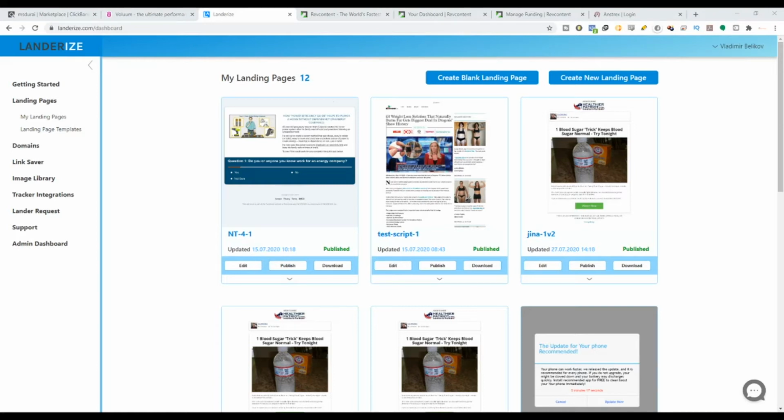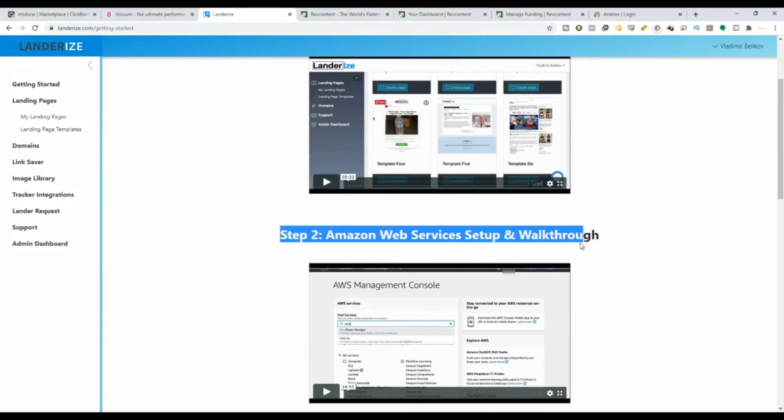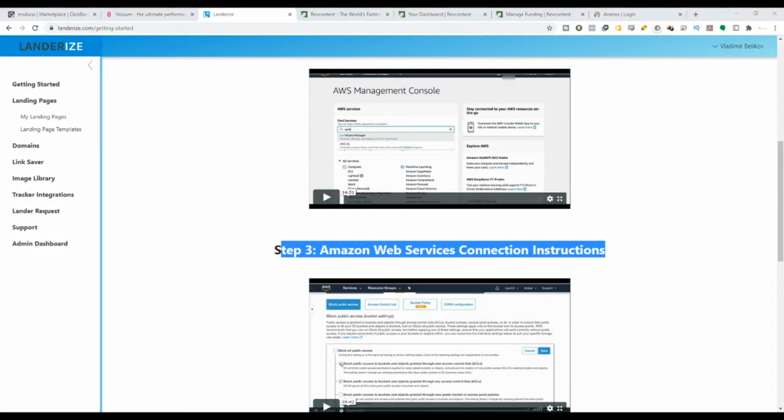So if you take a look at Landrise, the specialty about Landrise is that it is built specifically catering for affiliate marketers. Why is that? Because you can straight away build your landing page and upload it within your AWS account. But it doesn't happen like magic. You have to set it up, but don't worry, because if you go to the getting started section, they will literally teach you step by step how to set up Amazon S3 and how to connect Amazon S3 with Landrise. So make sure you set all this up, and then you can go ahead and